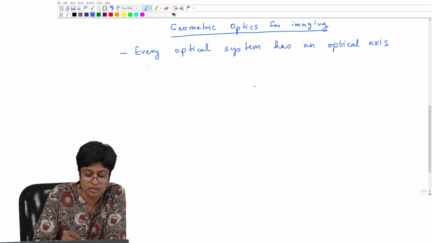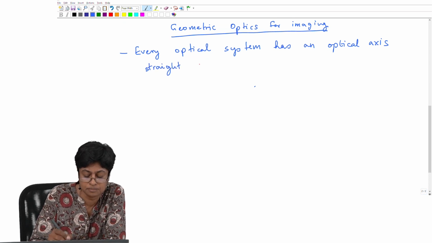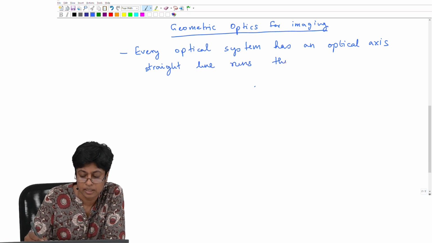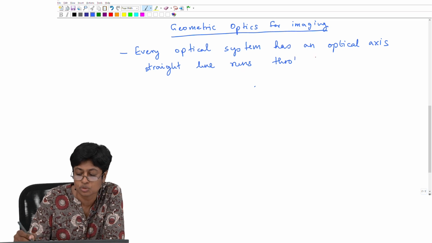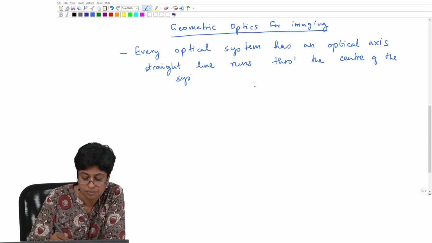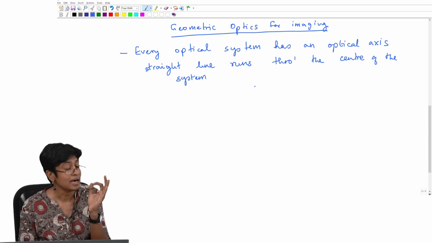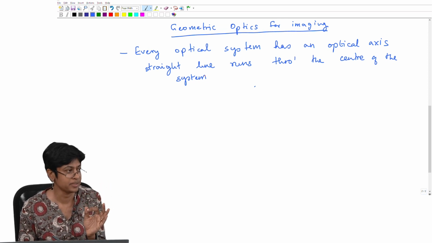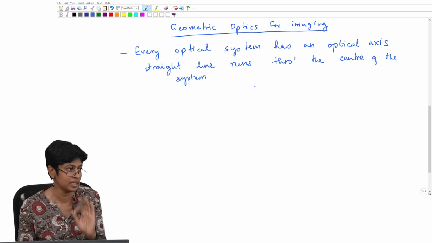Okay. This is a straight line that runs through the system, and I'll be more clear and say runs through the center of the system. Okay. Sorry, what is the optical axis? That is the line through the system that if you sent a ray, the ray would travel undeviated through the